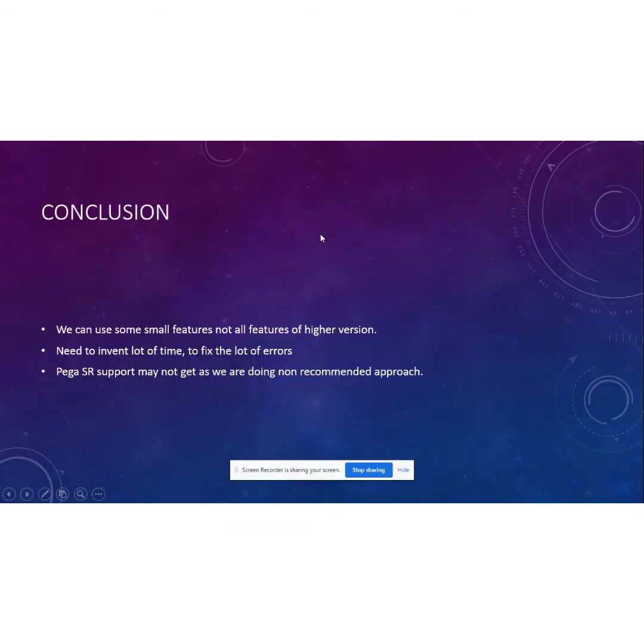When you come to the conclusion, we can use some features, not all features, from the higher version. So we can use a very limited set of specific features in the lower version. Yes, instead of upgrading the entire application, we can take a limited set of rules and versions and get them deployed. But you need a lot of time to fix the errors. A lot of errors will come. It's not an easy task where you just deploy it and close it off. It will give a lot of issues. We have to have patience to find the errors and